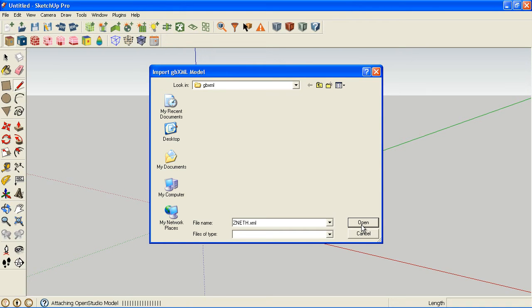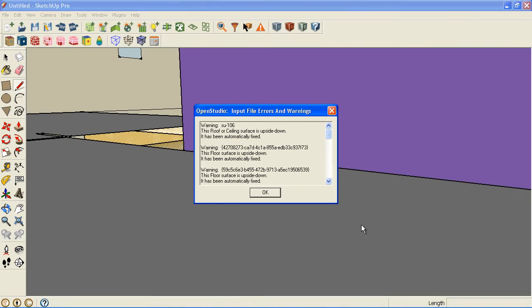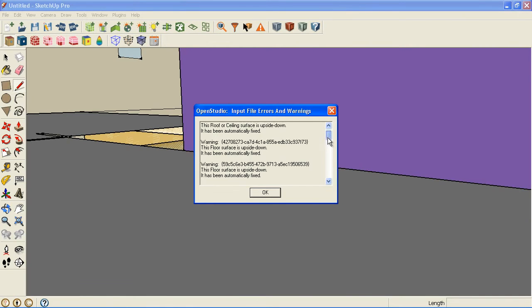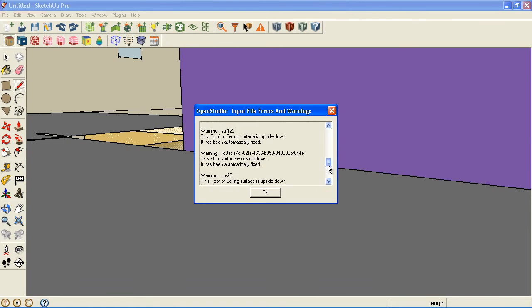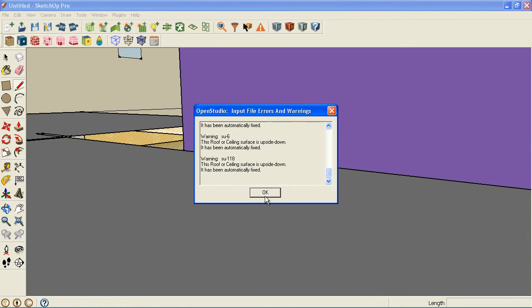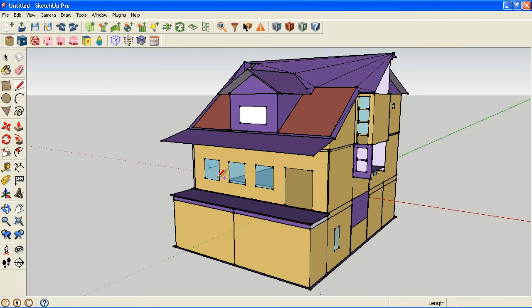And when that is done opening, it will probably open the error and warnings dialog if it finds any surfaces that need any correction or any other errors that happen on the import process. And when that's done, we'll look at some of the different render modes to see what data we have. So it looks like we found some surfaces that were upside down, but nothing else. When I finish this, it's going to zoom out all the way so we can see the